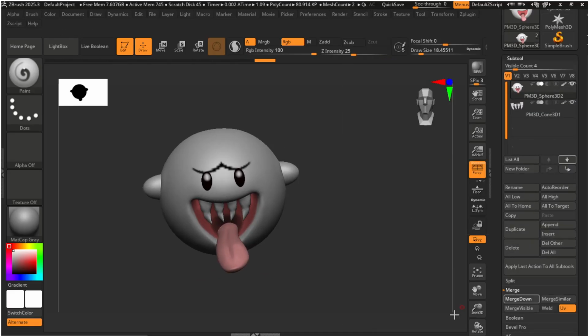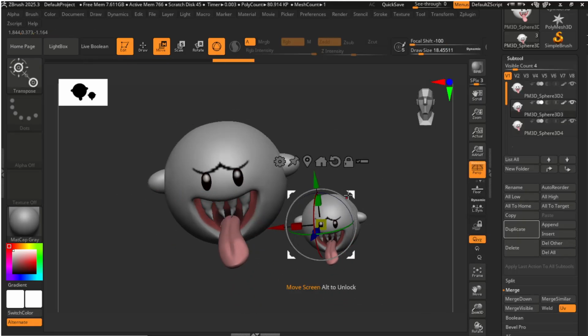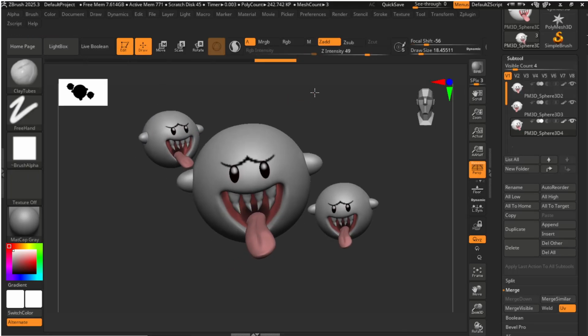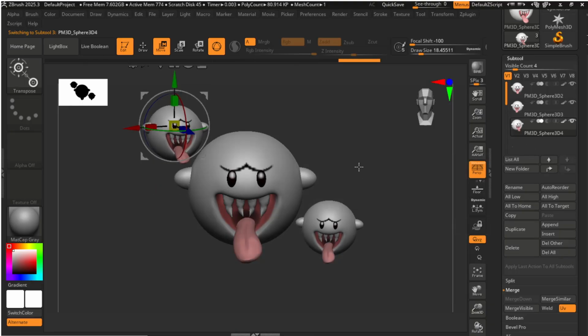He looks pretty silly. Right at the end here, I decided to add a couple of friends, because they are a little enemy in the game that comes in bunches. So yeah, that's how to make a ghost in